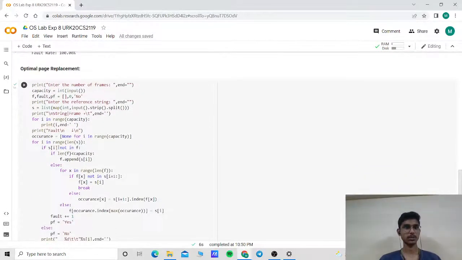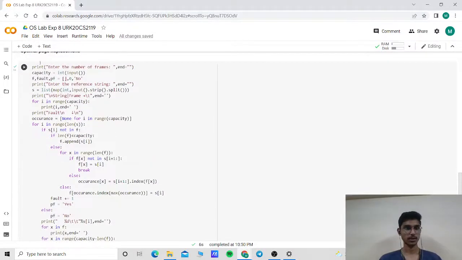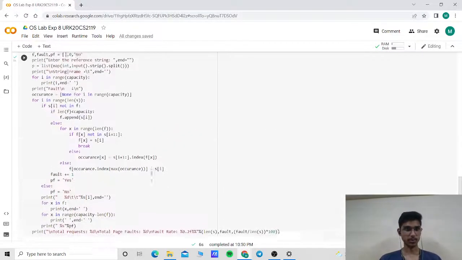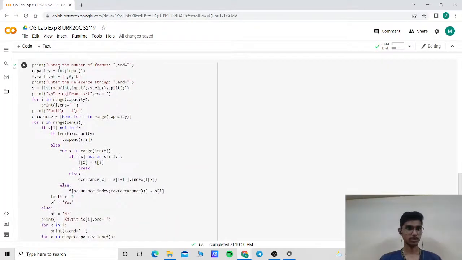This is optimal page replacement. This is for optimal page replacement. Here it just prints everything. This is the user input. Then it asks the capacity is equal to int input. Then f, fault, pf is empty bracket, 0, no. Then this is user input. Then s is equal to list of input strip split, print string frame, and for I in range